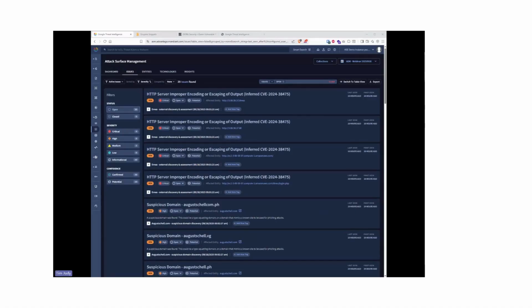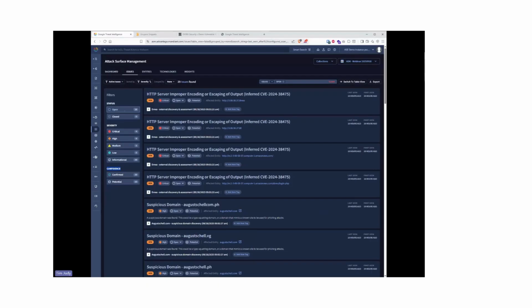So with that, kind of set the stage, we have all of our issues here. On the left, you see all the filters. We've got 29 open. I have not gone through and done anything with these, so there are no closed, and you get an idea of severity based on what we see there. We got 16 informational all the way up to 4 critical, and then a confidence level. One thing I'll point out about confidence and just the way that these scans work is that